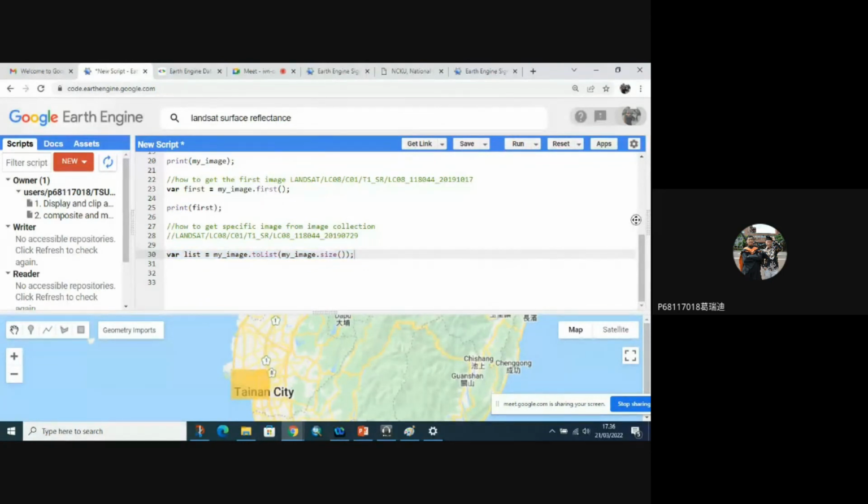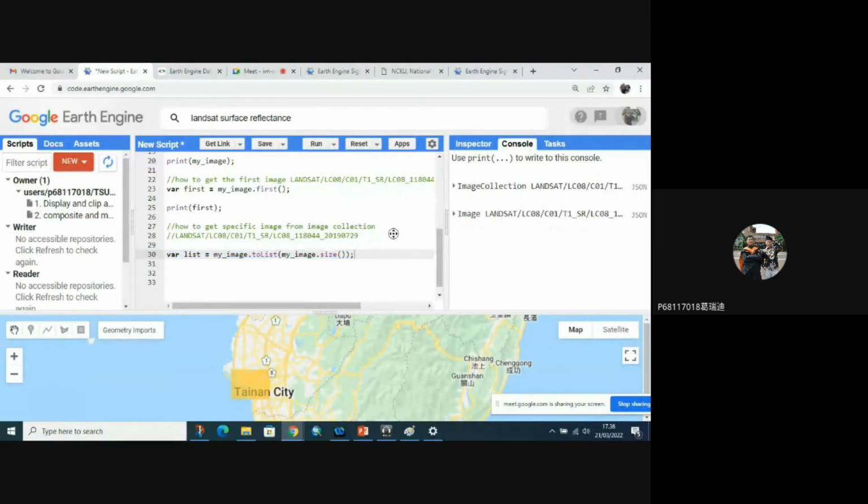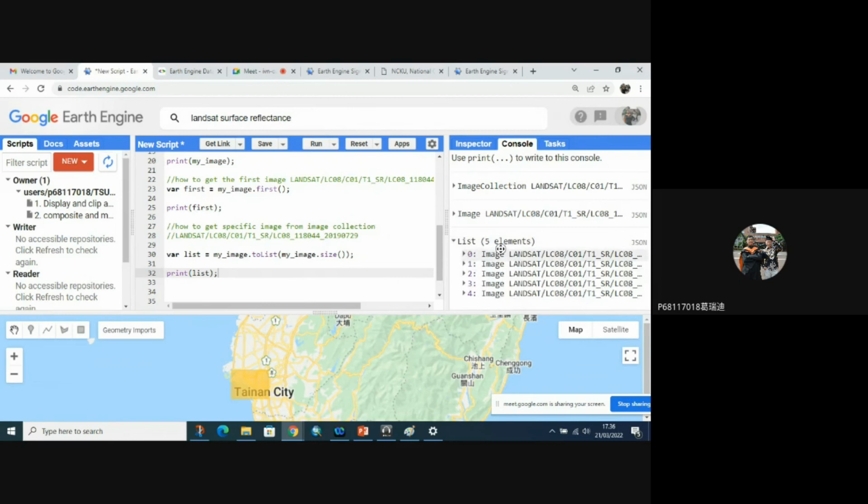Run. Okay, there is no error here. If you print my list, you will get the list of images, only 5 images. And print list get number.